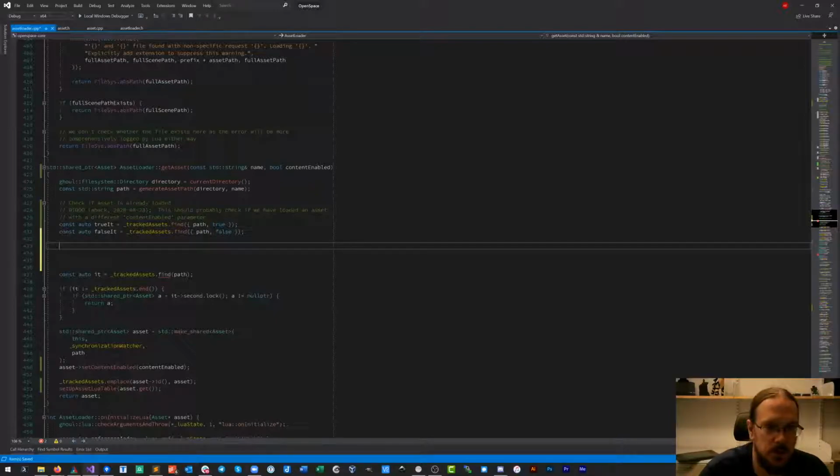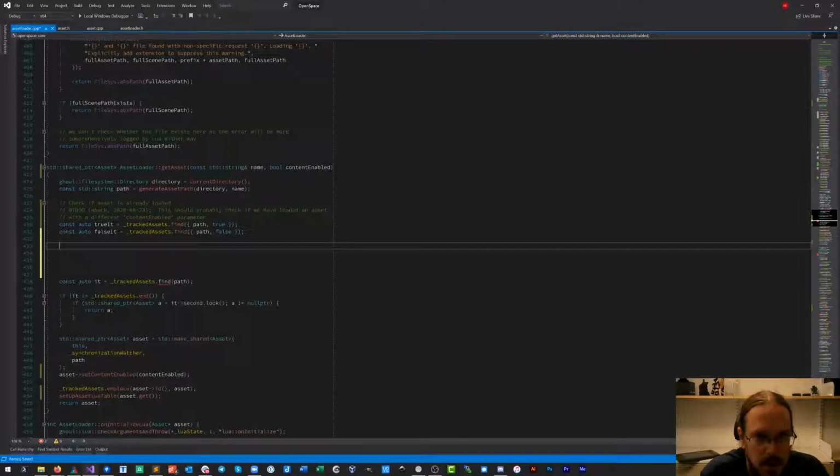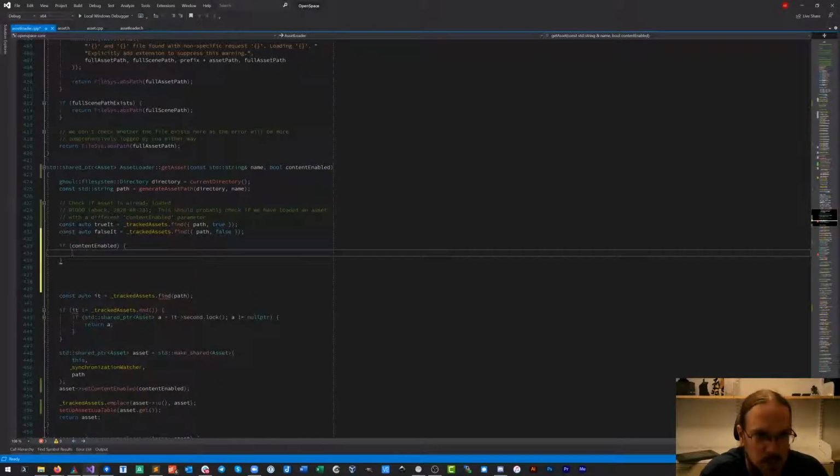So what we want to do is, if the content is enabled and the false iterator is a proper iterator, I don't do it like this because we can't assign to this. Just make this clear.